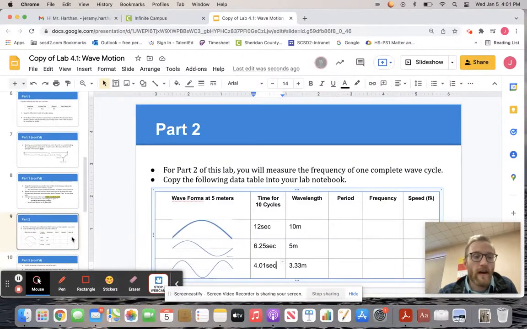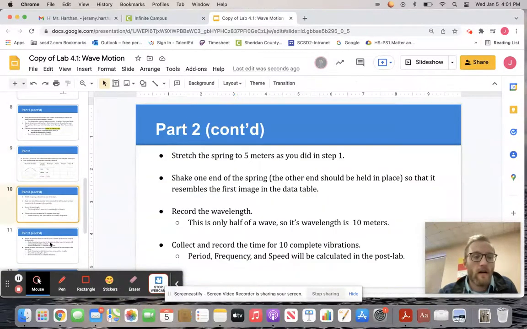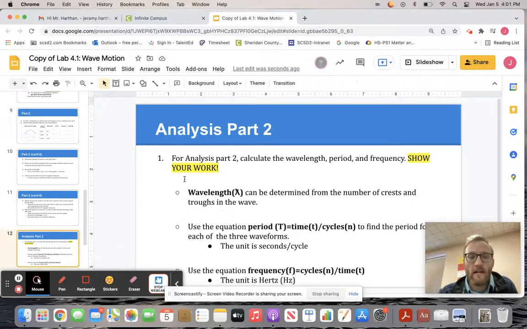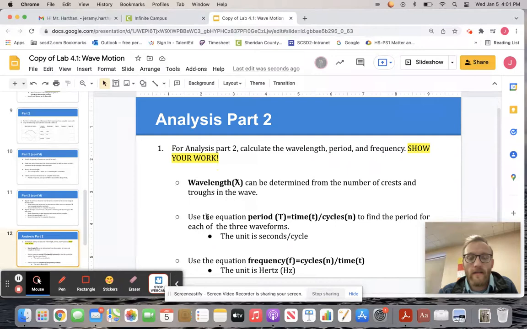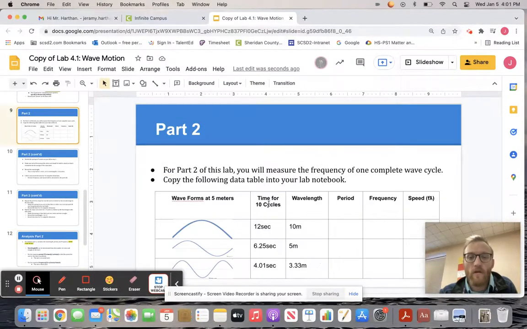So when we look down at our equations here, there we go, on the analysis part. Make sure we show our work. We got our wavelength. Then to calculate period, we're going to take our time divided by the number of cycles. Now, this is where everyone gets tripped up. So let's go look back at our data table. So our time is here. That part's easy. So for period, we want to do time, so 12 seconds, divided by the number of cycles,